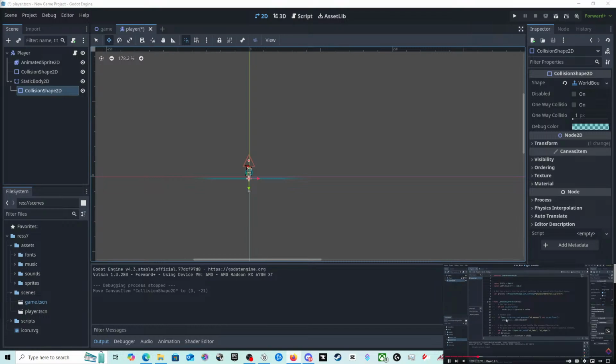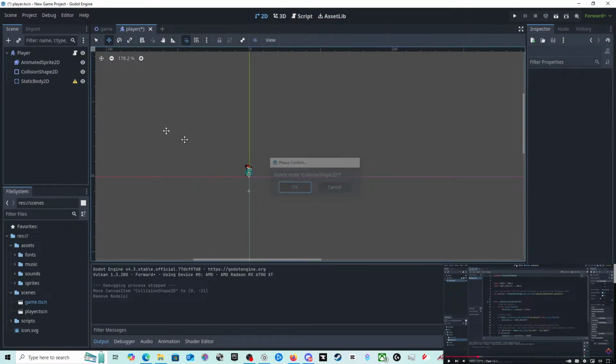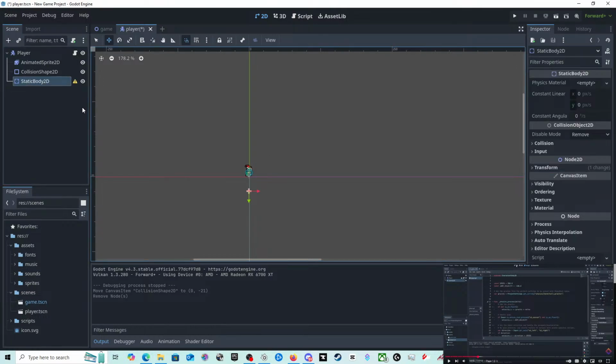Right. So in our game, I'm going to go back. Okay, so player, I don't need static body. I don't need that in there. And I don't need that in there. To the 2D view at the top here. This is where we can change from script view to 2D. Let's add a new node. So he didn't... Yeah, okay. He didn't say you had to change that. This is what I'm saying.